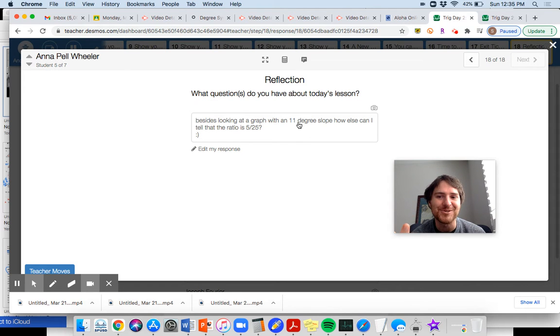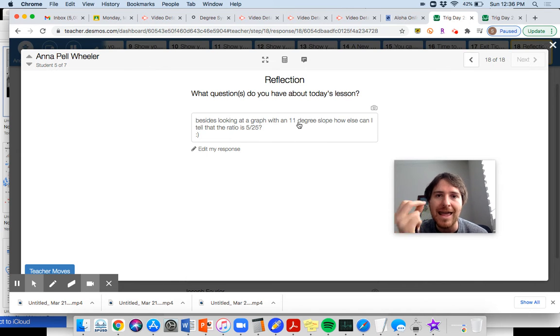How am I going to be able to know these ratios, right? Like besides looking at a graph, looking at a grid where I'm rising 5 and running 25. So that's how I can get the ratio. How am I going to get these ratios in the future? Okay, so this is a person who realized on Friday that one of the points of this assignment was that